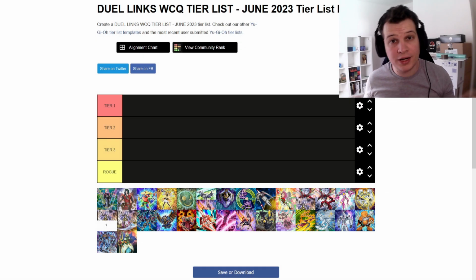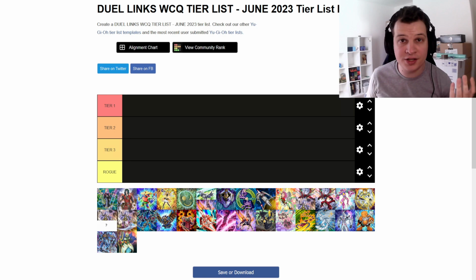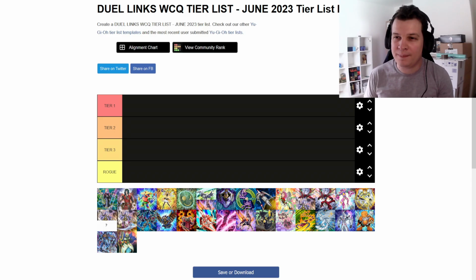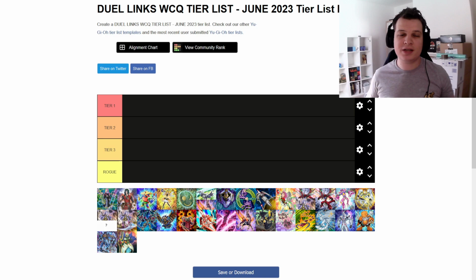Hey everyone, it's mekklord, and today I come to you with a tier list for the World Championship qualifiers that I've just started. This tier list will go over 30 decks that I have handpicked, more or less 30 decks, you'll see. And discuss which ones you should be playing, which ones you should be preparing against. Basically evaluate the strengths and weaknesses of these decks compared to the current metagame and define the current